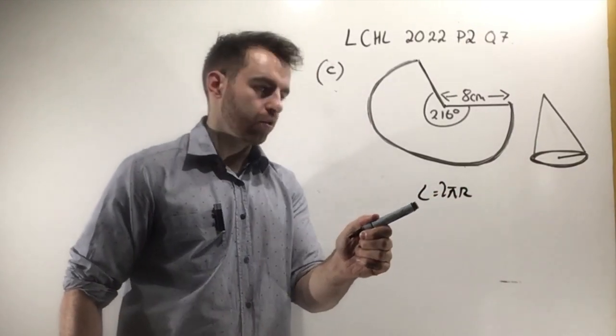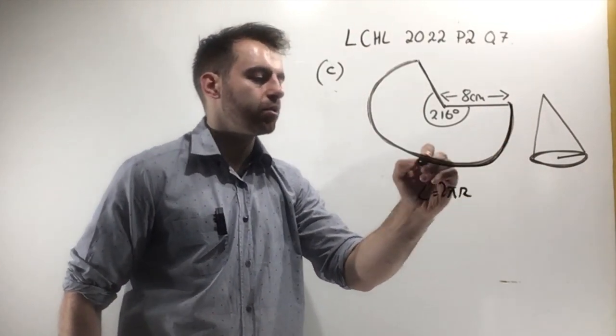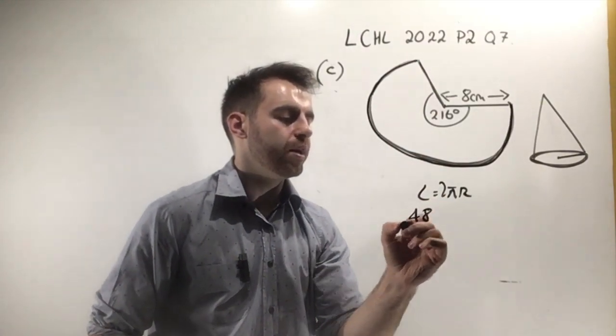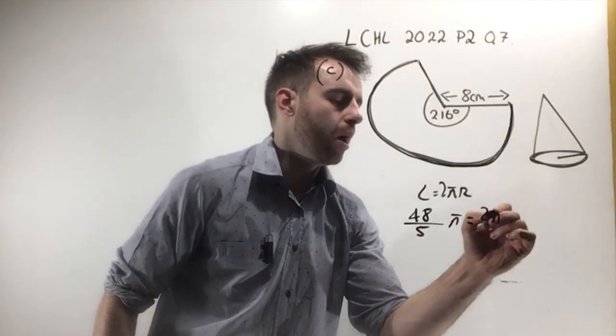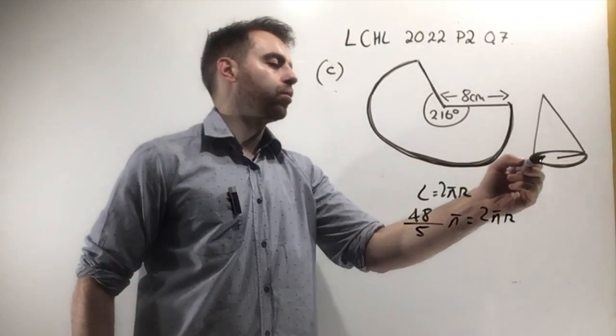Now, I know the circumference of this circle. The circumference of this circle is the thing that we're just after working out. It's this. So L in this case is 48 over 5 pi. That must be equal to 2 pi r. Now what I have is one equation and one unknown, so I'm going to be able to work out the